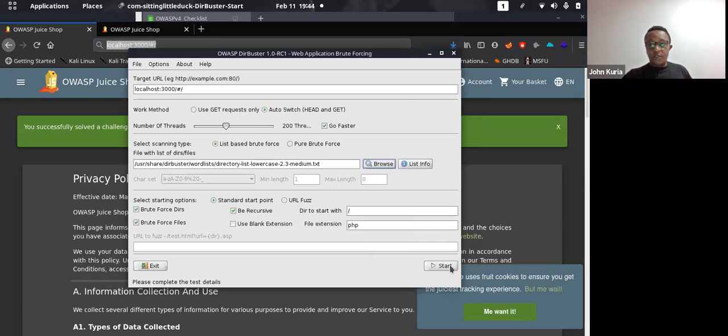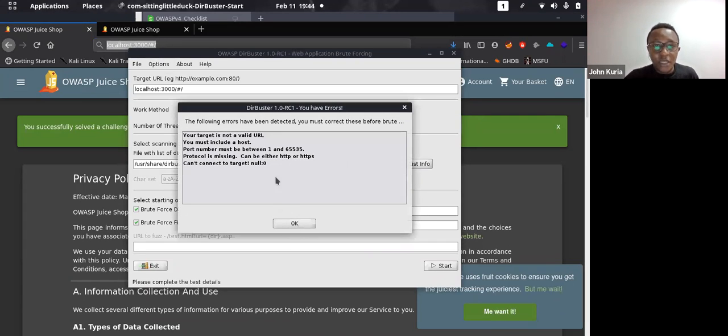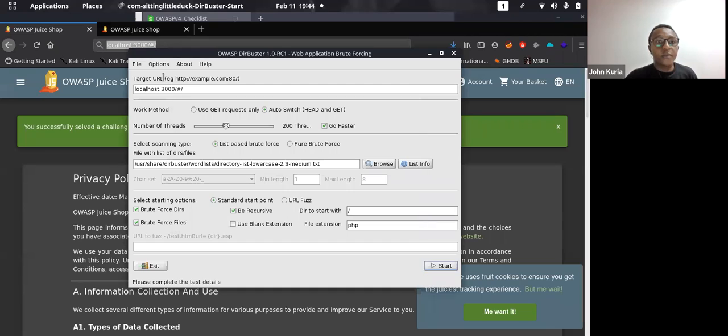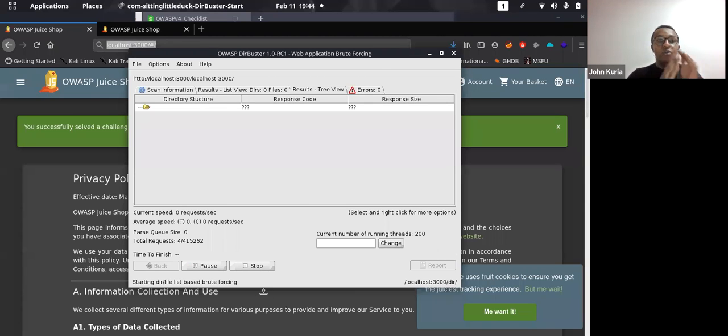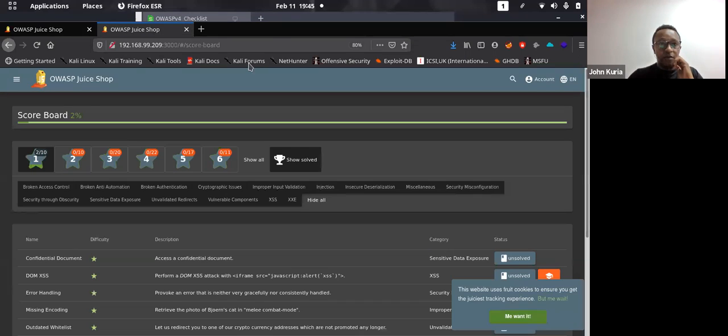And it should populate it for us. Now it will go, target is not valid. It will basically go through, it will take that website and pass it through a list of commonly used URLs. Because of time, okay, let me just,